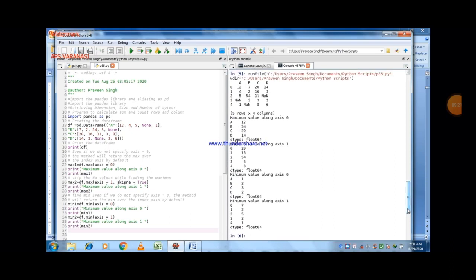After that, minimum and maximum values along x is 0 and along x is 1 will be calculated. So you can see the output here. So I think it is very simple to implement and understand. Always remember the method to find out the maximum value is max, and for minimum value is min.